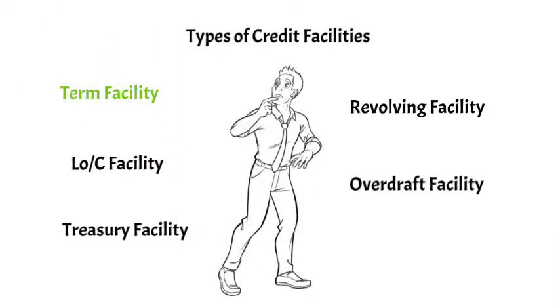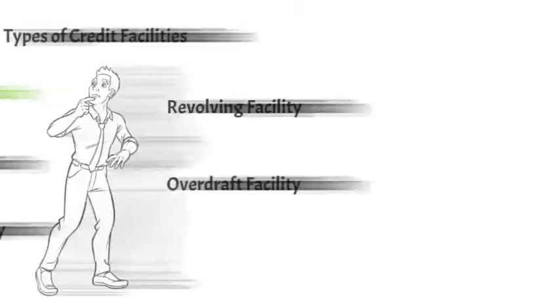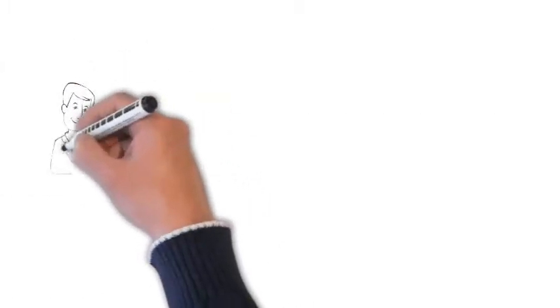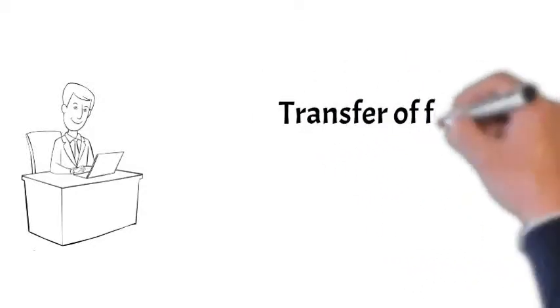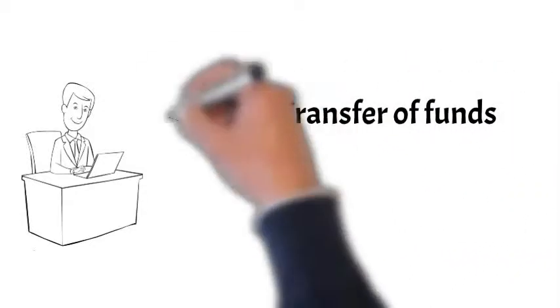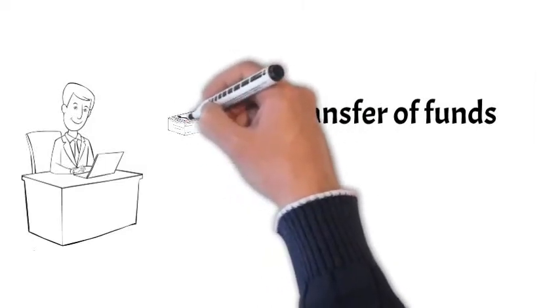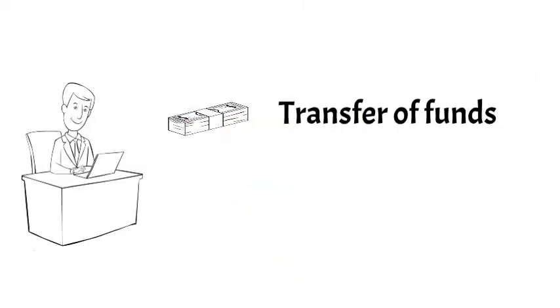So without further ado, let's go to the topic. A term facility is one of the most commonly used types of facilities and one of the most intuitive ones. What sets a term facility apart from another type of facilities is firstly the actual transfer of funds. This is what differentiates a term facility from so-called non-cash facilities like an overdraft facility or a letter of credit